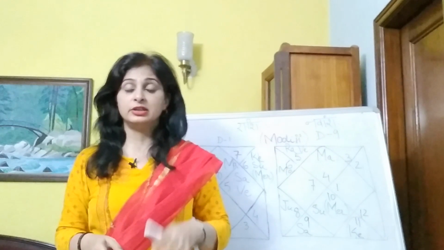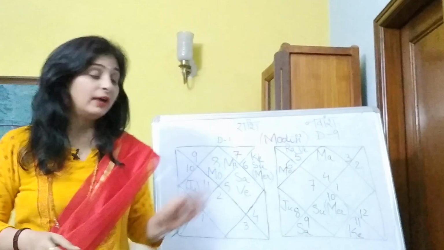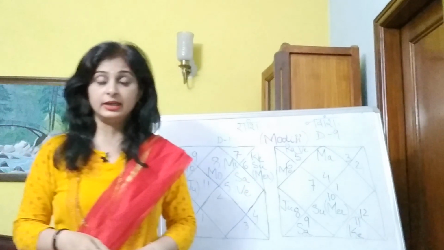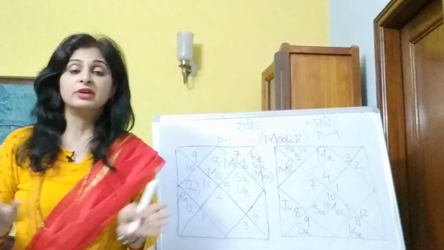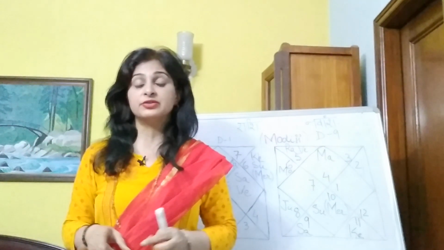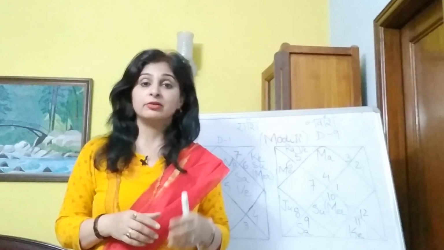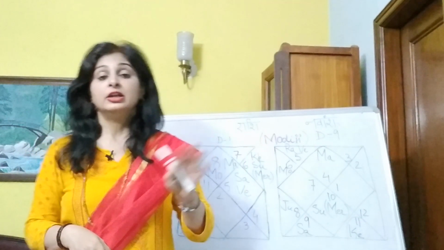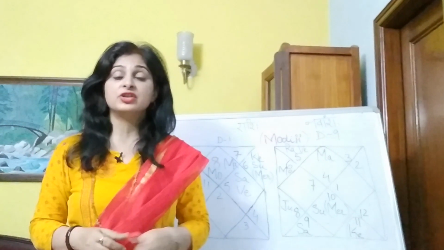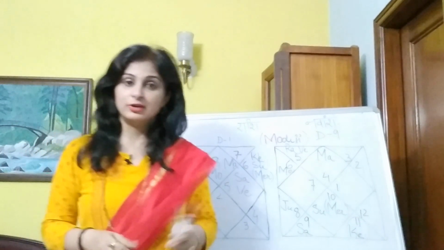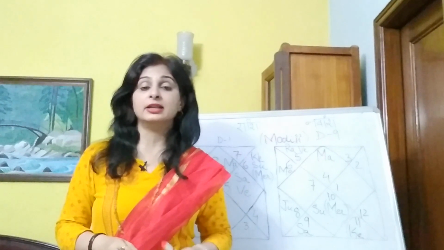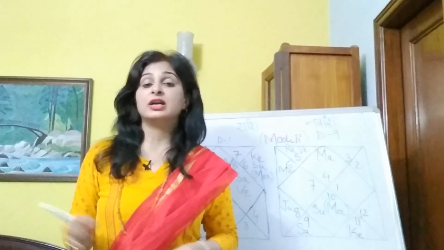I will talk about this through this video, and why it becomes so important to use the Navamsha chart in the Rashi Tulya Navamsha technique. Friends, in the Shad Vargas, that is the 6 divisional charts which are very importantly used in the calculation of Shad Bala, these 6 charts are the D1 chart, that is the Rashi chart, the D9 chart, that is the Navamsha chart, the D3 chart, that is the Drekena chart, the D2 chart, that is the Hora chart, the D12 chart, that is the Dvadashamsha chart, and the D30 chart, that is the Trimshamsha chart. So these 6 charts are very important.